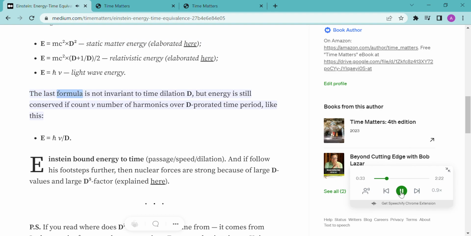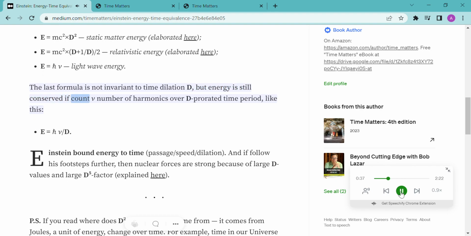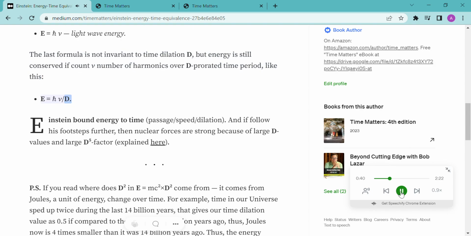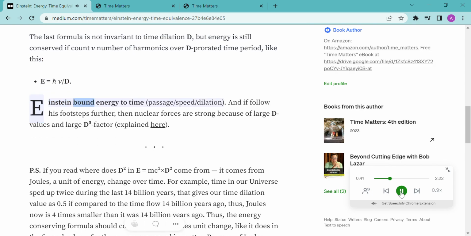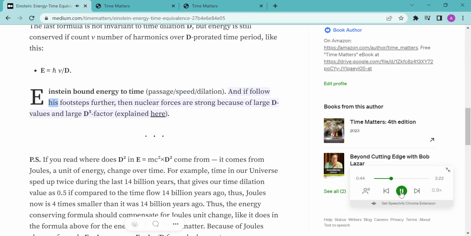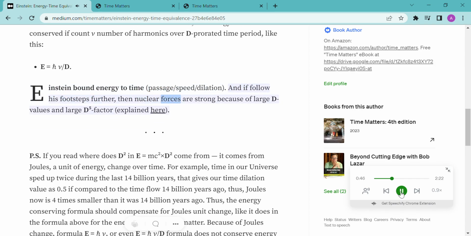The last formula is not invariant to time dilation d, but energy is still conserved if we count the number of harmonics over a d-prorated time period, like this, E equals /d. Einstein bound energy to time passage/speed/dilation, and if we follow his footsteps further, then nuclear forces are strong because of large d values and large d